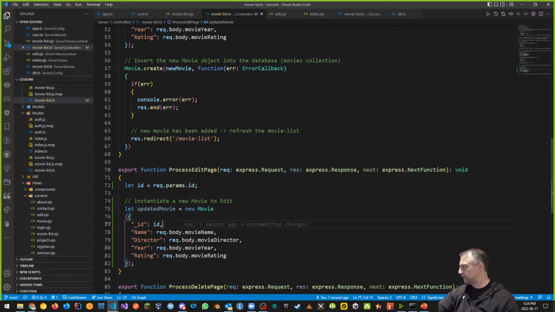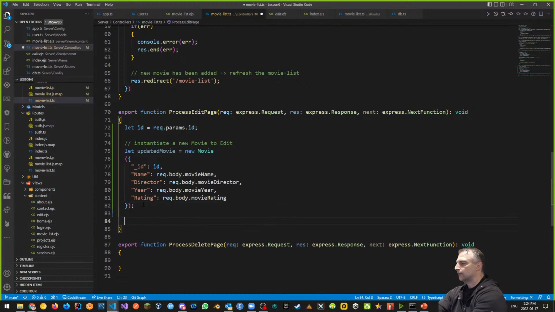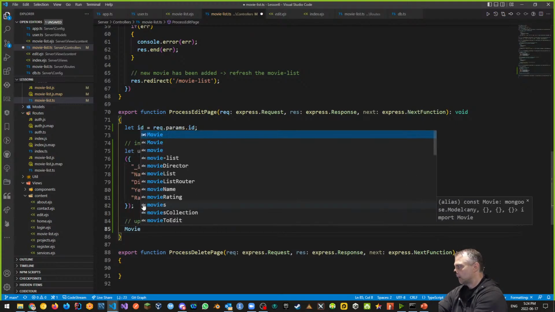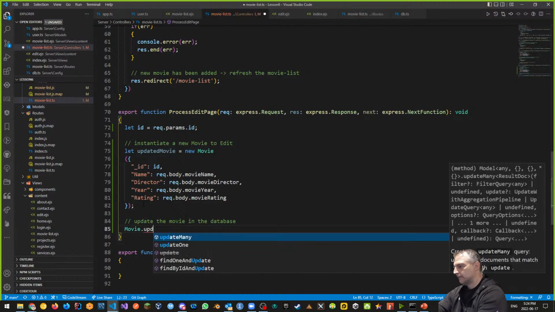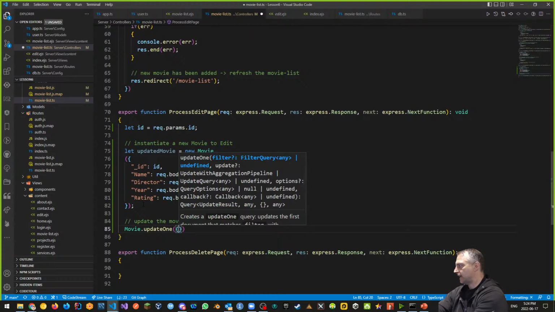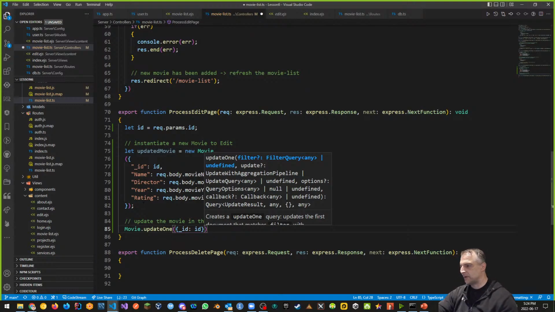And once I have those two pieces, then what I want to do is I want to insert, or update the movie in the database, right? So how does that work? I'm going to say, hey, movie, I want to update one. That's how it goes. I want to search for an object that has the ID as ID. So that's the way we would do it. It's a filter that we're using to search for a movie in the database that matches the ID that we